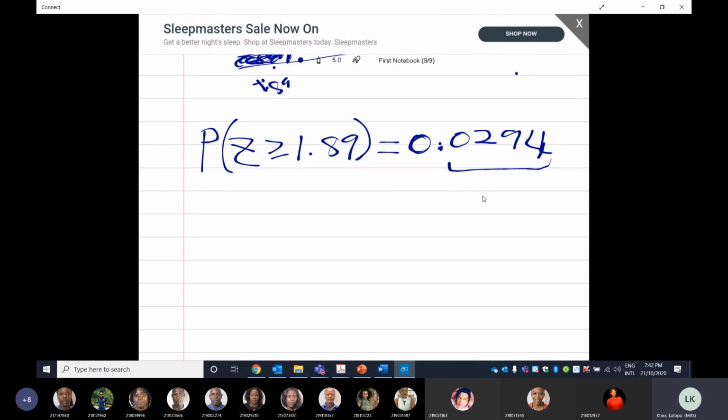Okay, then again, because this was a word problem, your answer should also be in words. So you can say something like the probability that the average lifespan of the light bulbs in the sample being greater than or equal to 3219.24 is 0.0294, or this is also equal to 2.94%. So to get a percent from here, I just multiply it by 100. Okay, so you can write a sentence, the probability